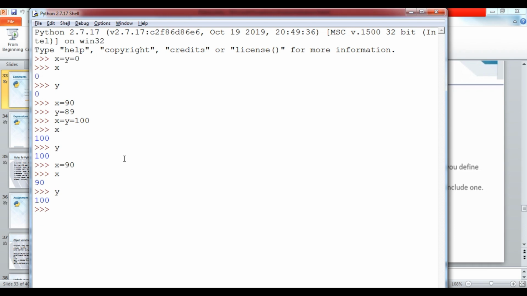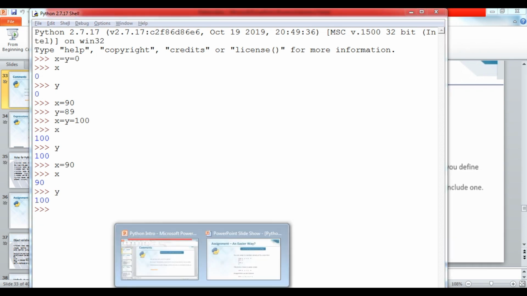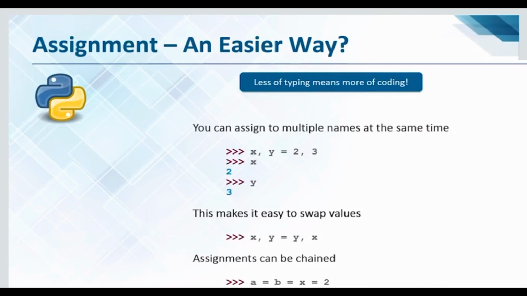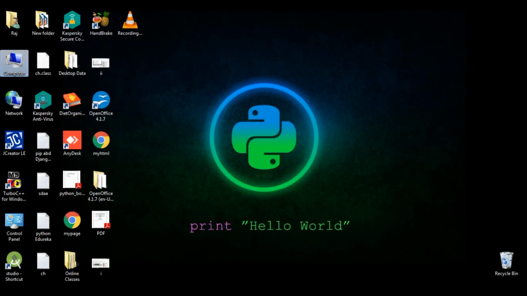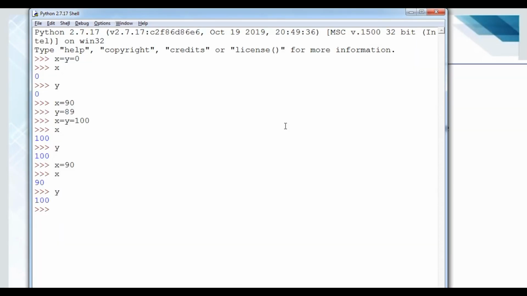Okay students, so we have learned today how to assign this. And now if you are going to assign two different values to two variables, what will happen? Suppose there are two variables, a comma b equals 10 comma 20. Students, I have taught you we can't use a comma or whatever, but in this case it is considered that 10 is assigned to a and 20 is assigned to b.